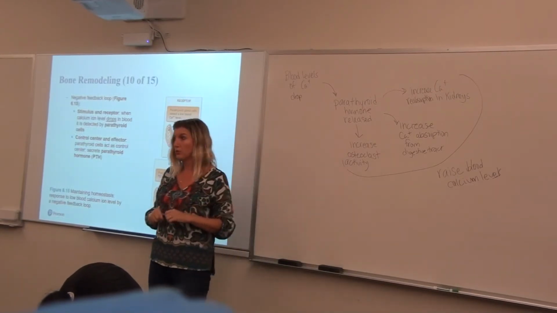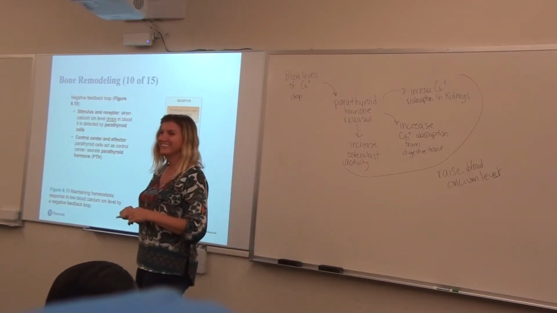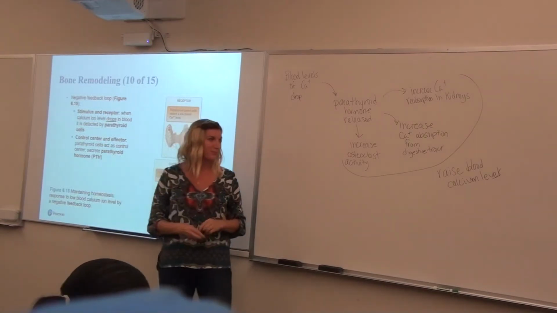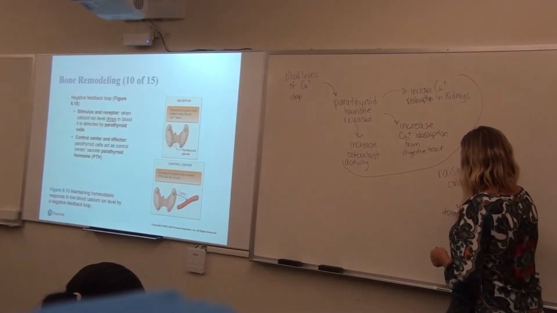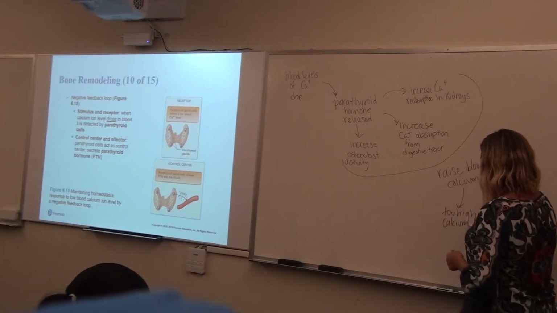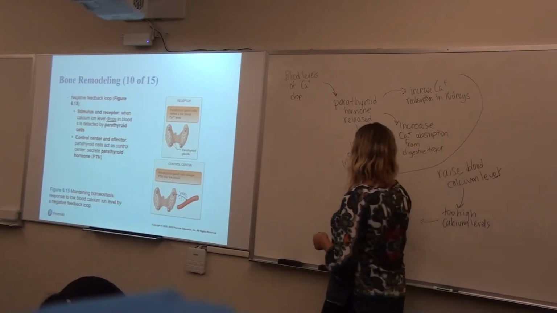Maybe you ate a cup of yogurt. Maybe you just ate a whole block of cheese. Sometimes I do it, don't judge, right? So for whatever reason, you get a lot of calcium rushing into your blood. Now, our calcium levels go too high. There's another hormone called calcitonin,